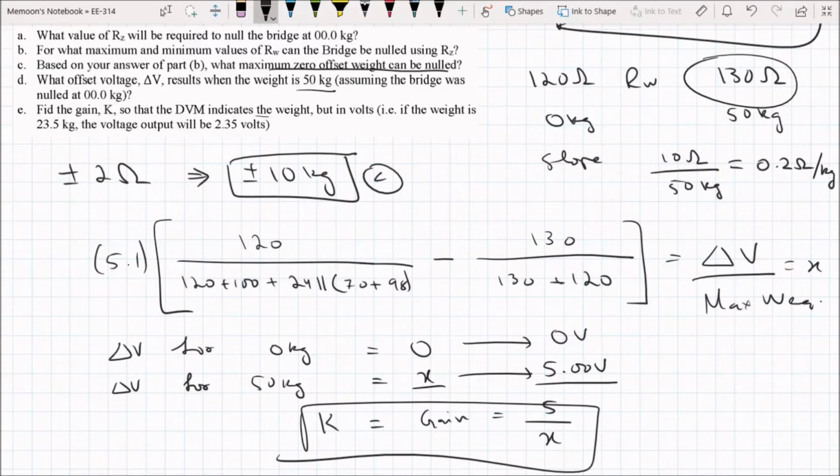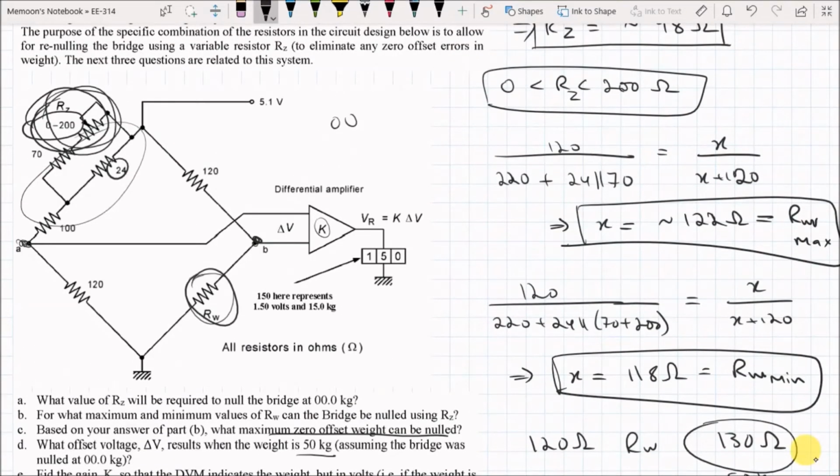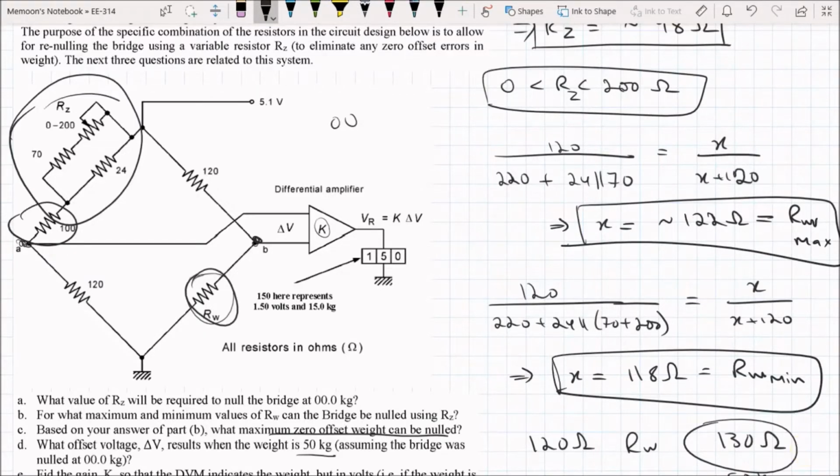The only care that you should have taken while solving this particular quiz was to take this combination of resistors and calculate this with the whole of this in series, and then these two in parallel and these two in series again. And the rest of the calculations were fairly simple and corresponded to a simple DC bridge.